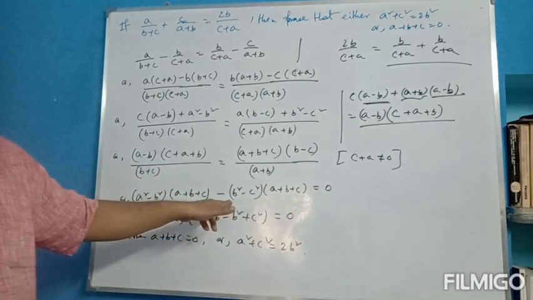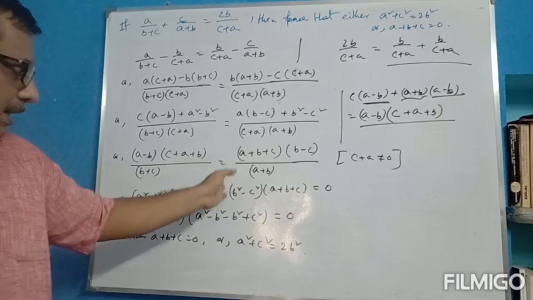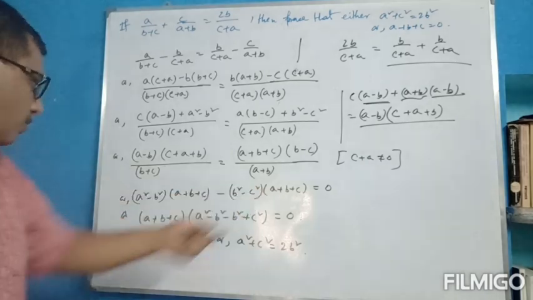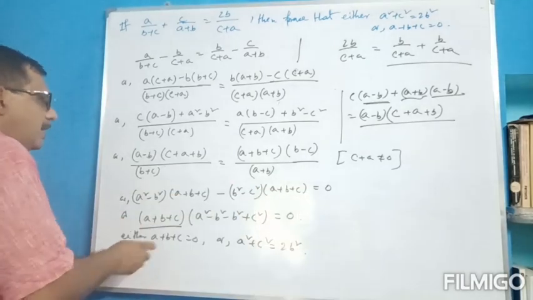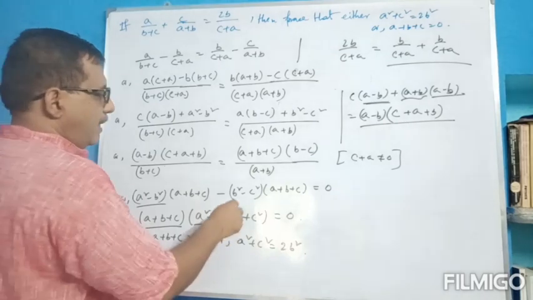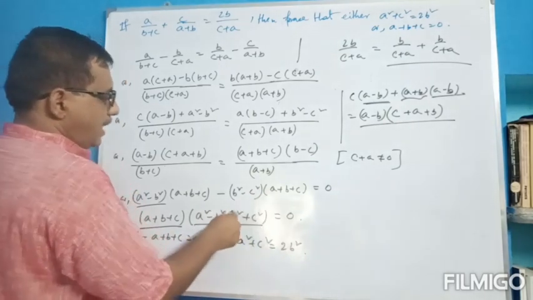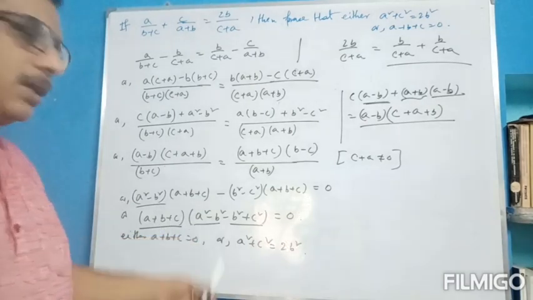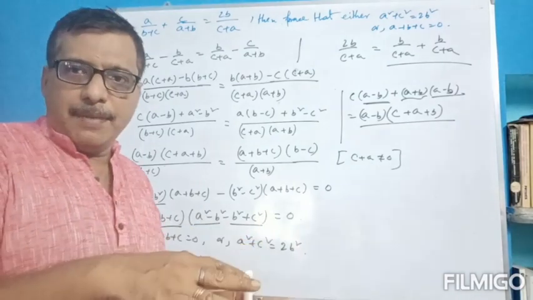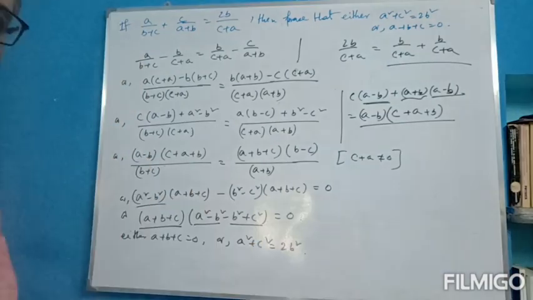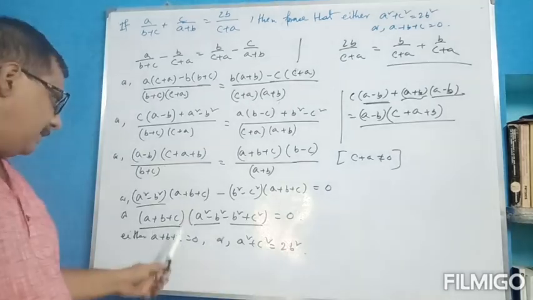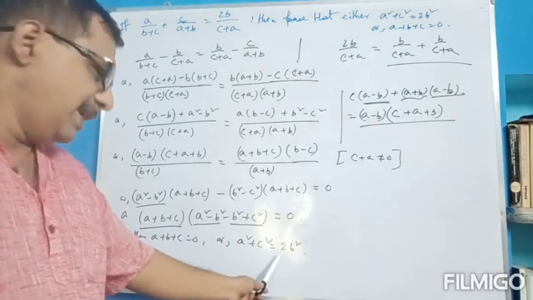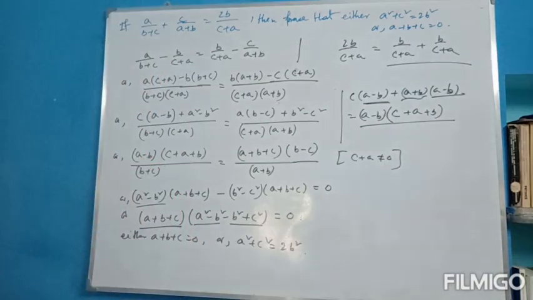One step is jumped here. You may do it another step, no problem at all. Now a plus b plus c is common to both, so we take common a plus b plus c, then the remaining term a square minus b square from here, minus b square minus c square from here, so minus b square, minus of minus, that is plus c square. Now product of two real numbers is 0, either one or both are 0. So a plus b plus c is equal to 0, or a square plus c square minus 2b square is 0. Now if we take 2b square to right hand side, then proof is completed.